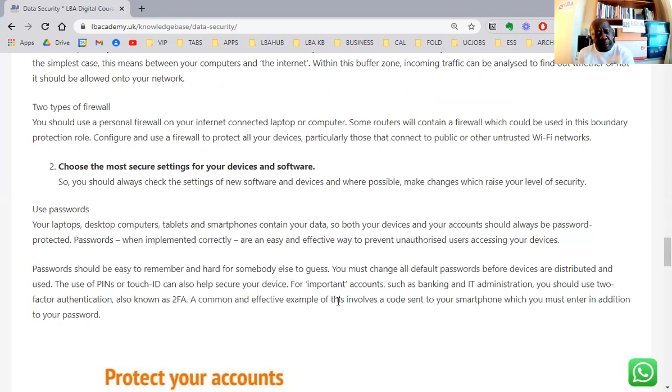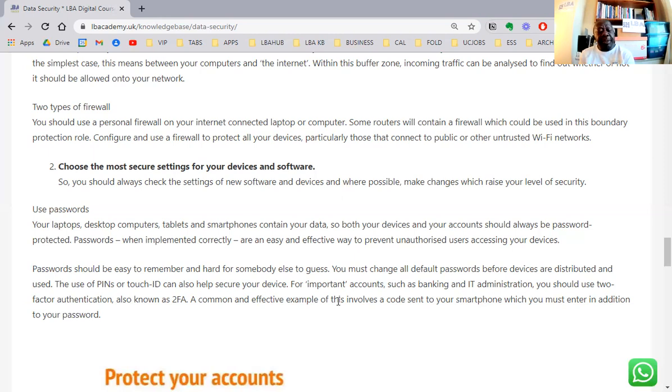So, regarding passwords. Your laptops, desktop computers, tablets, and smartphones contain your data, so both your devices and your accounts should always be password protected. Passwords, when implemented correctly, are an easy and effective way to prevent unauthorized users accessing your devices.